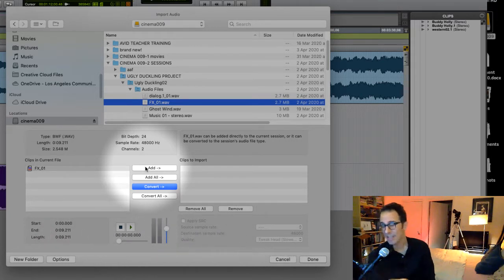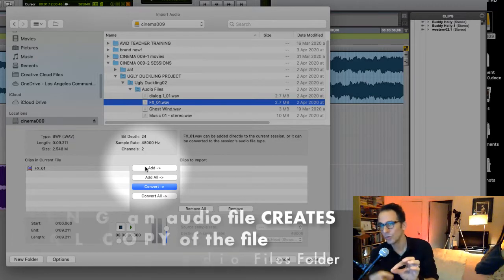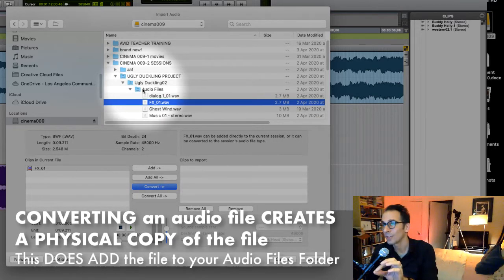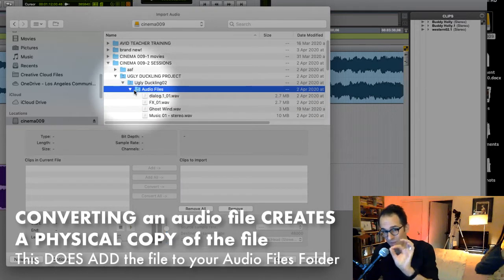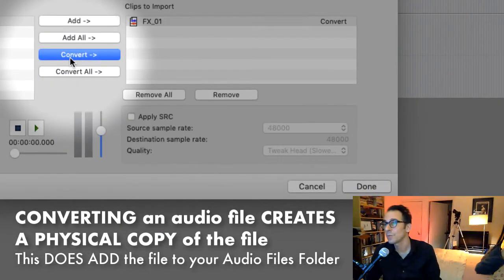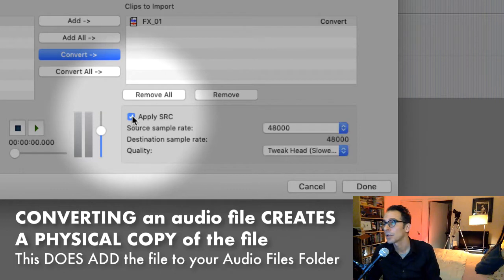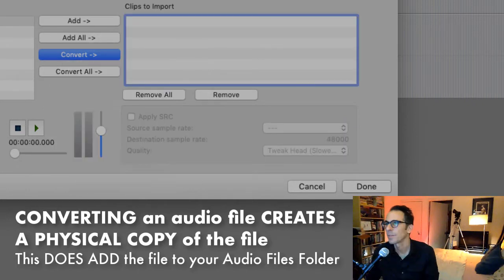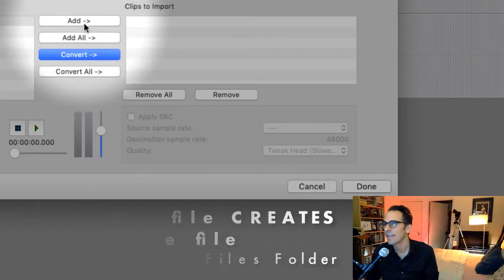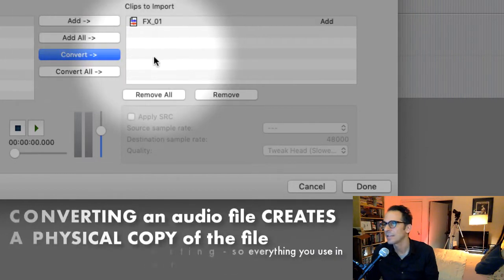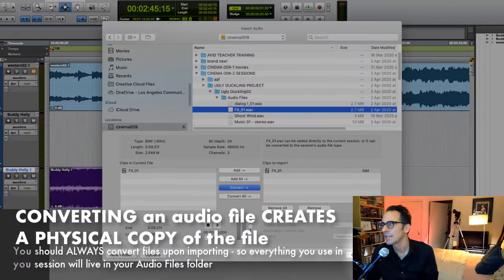If you want that file to actually be copied into your audio files folder, see this right here? If you want it to be copied into your audio files folder, you always have to basically convert it. When you convert it, that actually makes a copy of it into your audio files folder. I'm going to add FX01. I'm going to add it into my folder, hit done,